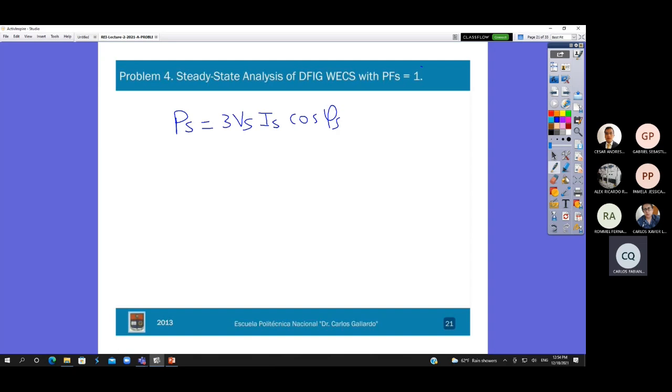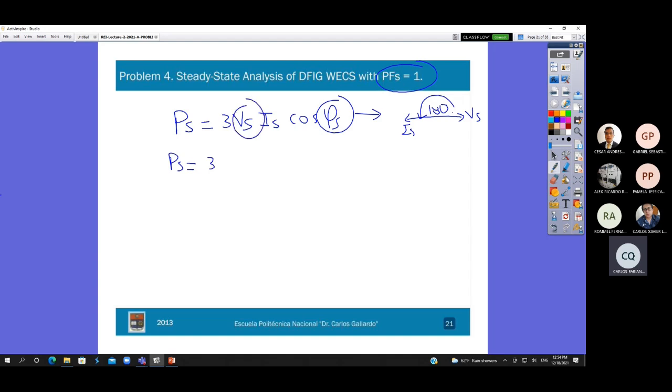Because the power factor is equal to 1, it means I am operating in the subsynchronous mode of operation. For this mode of operation, I have here the stator voltage, and this is the stator current. Therefore, the angle is 180 degrees for this mode of operation. Therefore, the stator active power is equal to 3 times